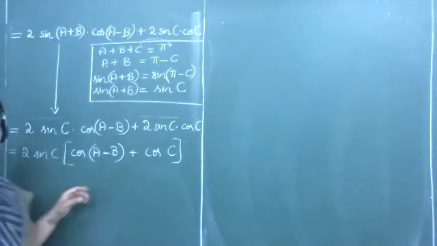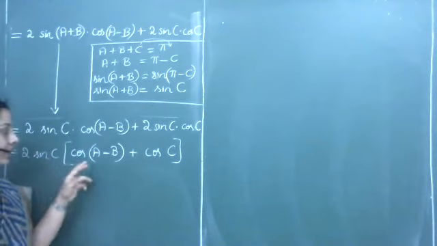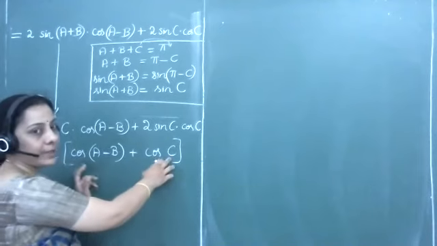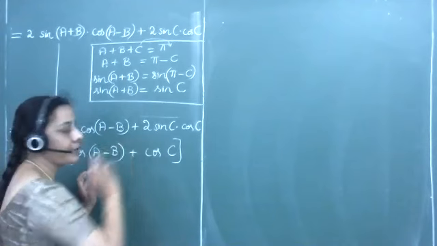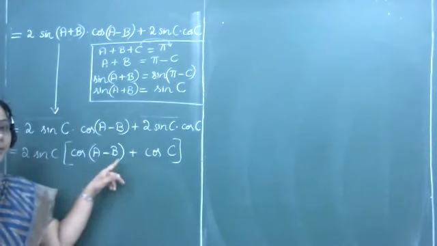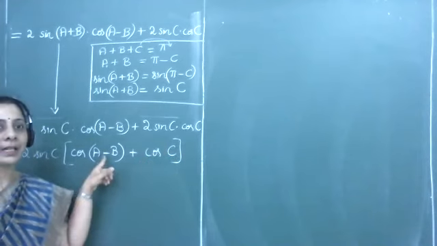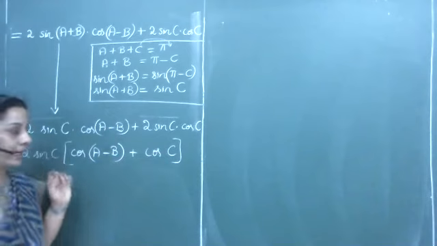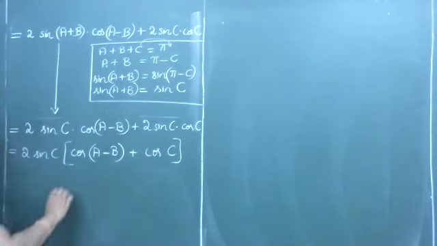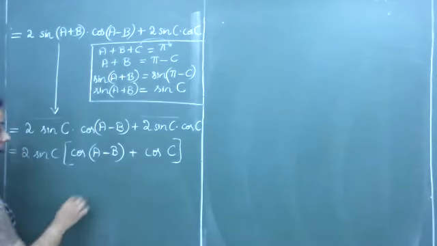So here the sin C we are going to retain as it is. Cos of A minus B plus cos C for three different values. We will not apply transformation formula. Instead, we will try to eliminate the angle C here and rewrite the same in terms of A and B again. So how is that supposed to be done? We will use the same identity what we have taken earlier.